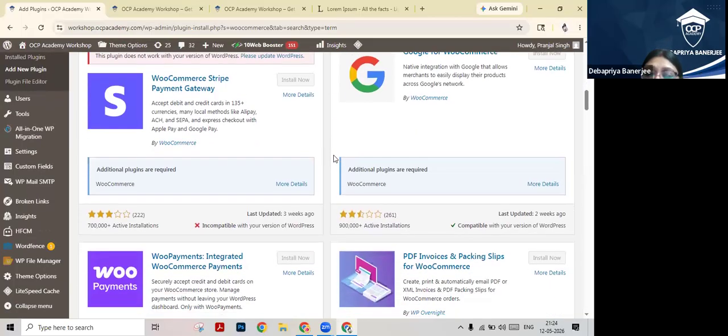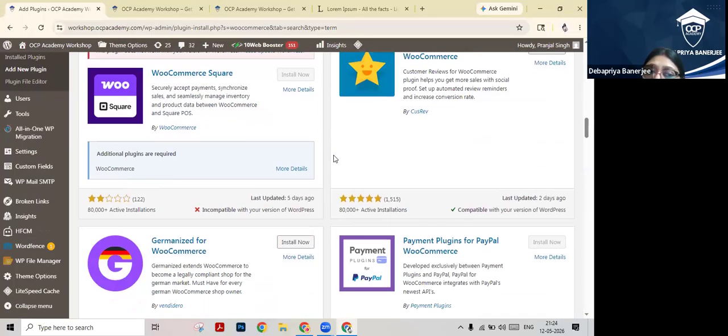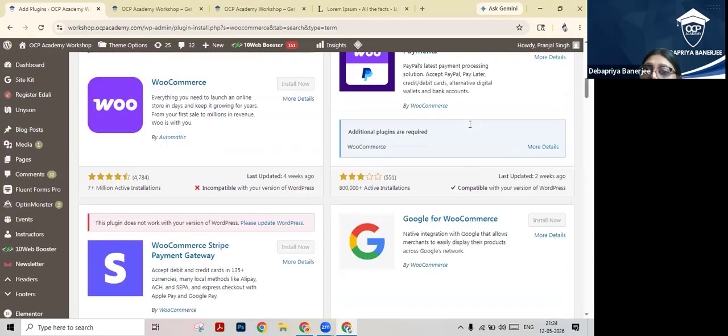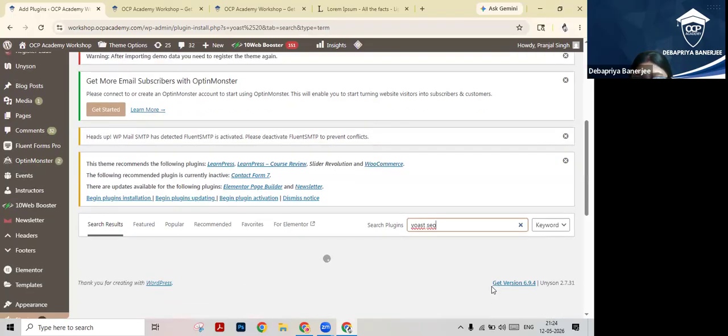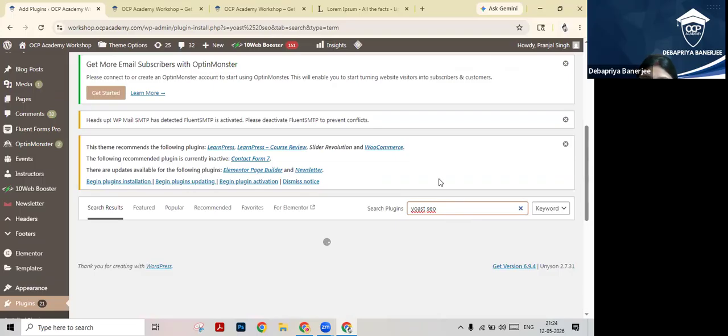So I'm not adding any plugin. Like this, you can also add Yoast SEO. So like this, you have to search the plugins and install them as and when required.